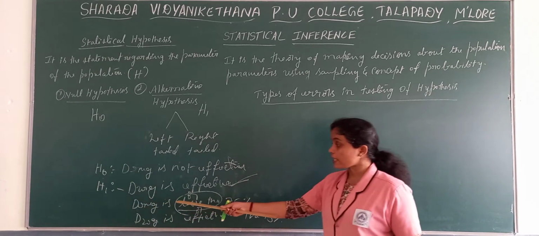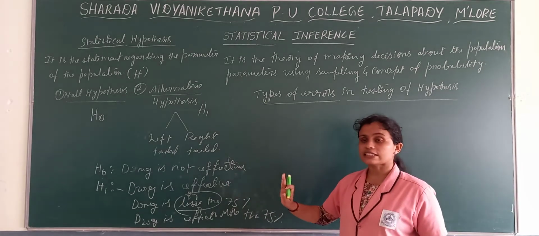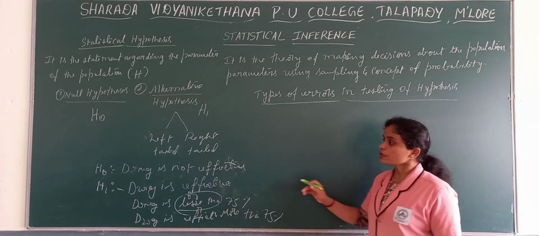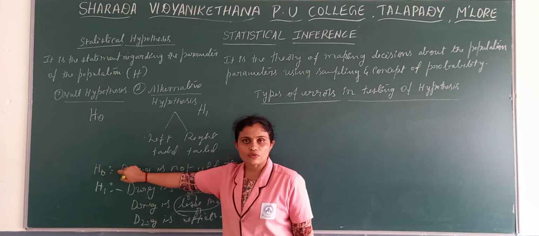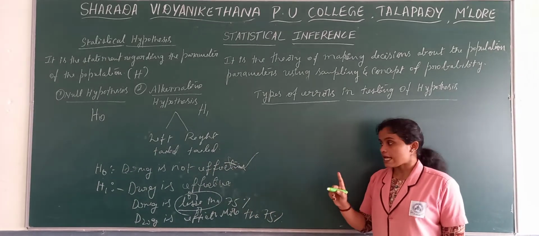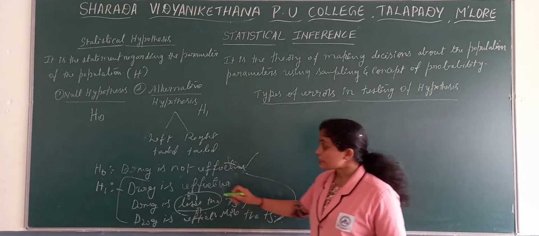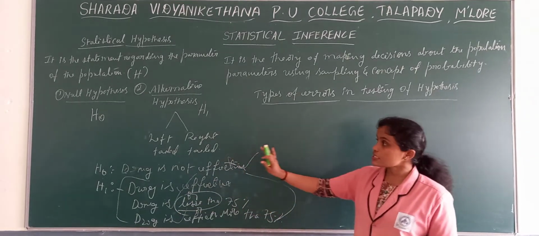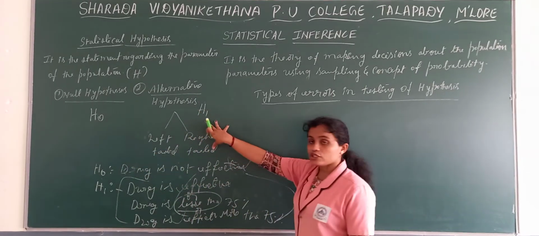So we expect the drug is effective. If, after conducting the test, we get a conclusion that the particular drug is not effective, not effective means we need to accept the null hypothesis, because we have got the same conclusion from the test. Then we reject the alternative hypothesis. As I said, the alternative hypothesis cannot be all these three: either the first one, or else the left tail, or else the right tail. So this is about hypothesis, that is null hypothesis and alternative hypothesis.